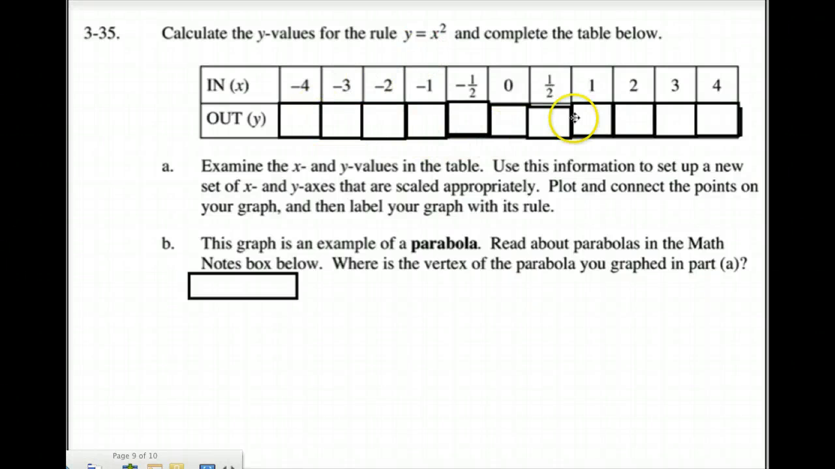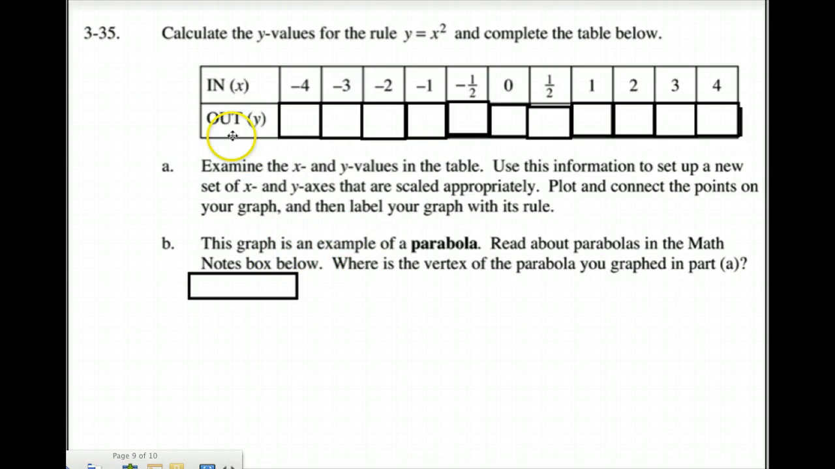So they want you to actually find these values, and then you're going to have to examine the x and y values in the table, use this information to set up a new x and y axis that are scaled appropriately, plot the points on your graph, and then label your graph with its rule. Now 4 times 4 is going to be 16. So your y value has to go at least to 16. Negative 4 times negative 4, well, a negative times a negative, remember, is a positive, and that goes to 16 too. So you're going to have to graph that,